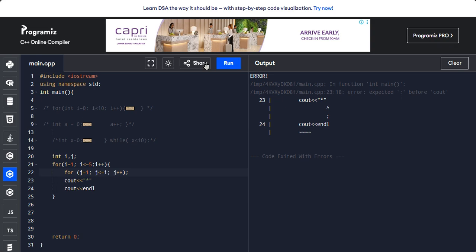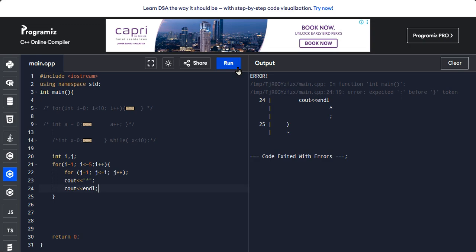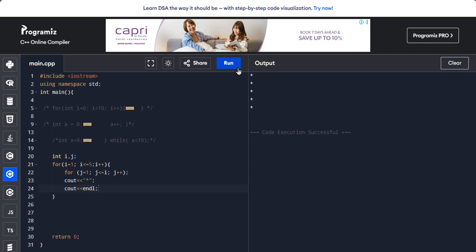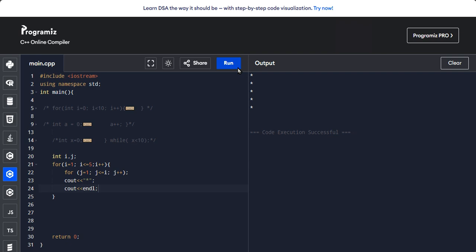The nested loop has repeated the asterisk that was placed in the cout, according to the expressions of the two for loops that came before the output. So a nested loop is just the embedding of a loop within another loop to form a web of loops. That's what nested loops are mostly about. So since we have looked at loops and